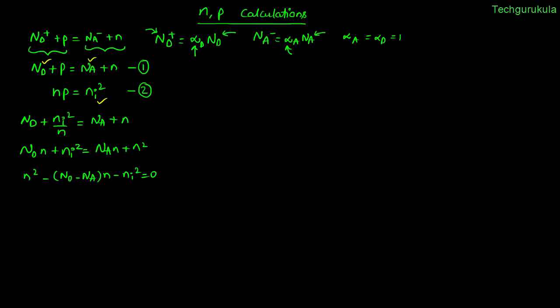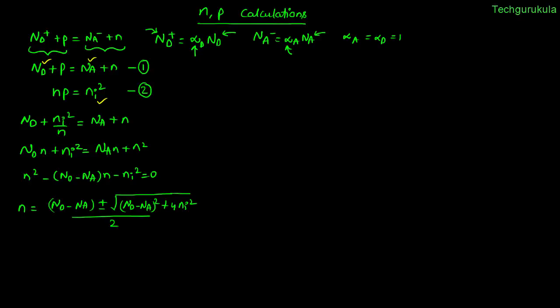So we know how to write the roots for this, where N is equal to Nd minus Na plus or minus the square root of (Nd minus Na) whole square plus 4Ni square, whole divided by 2. I've used the minus b plus or minus square root of b square minus 4ac over 2a formula to find this